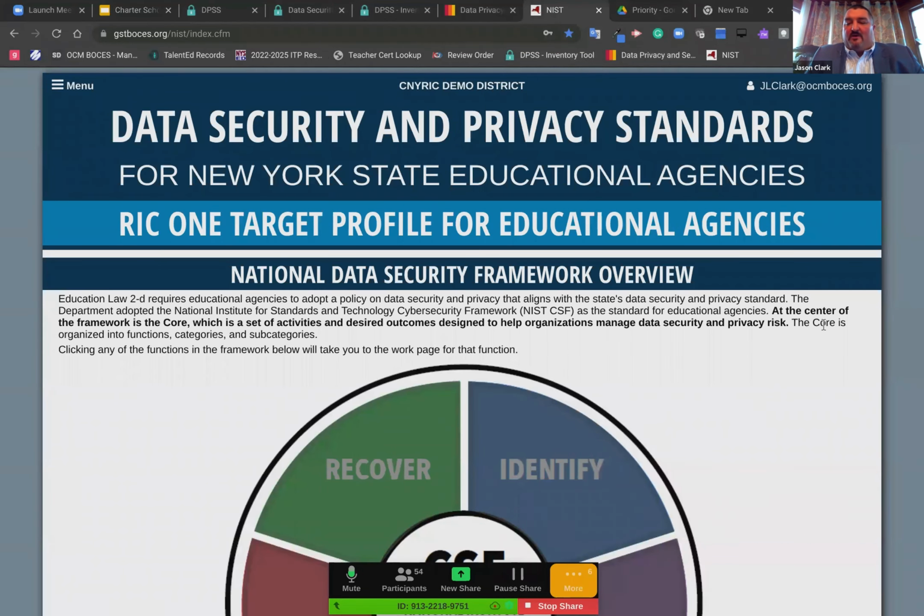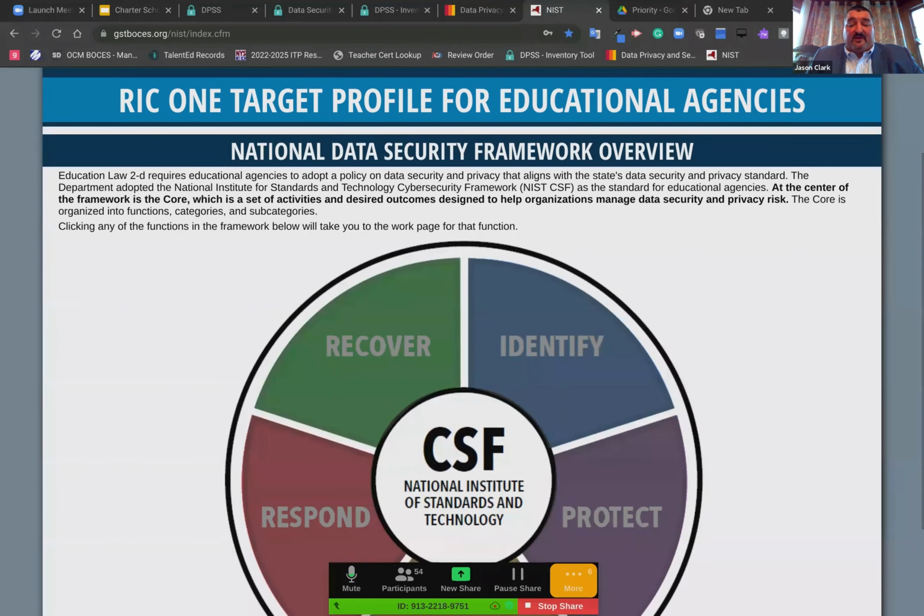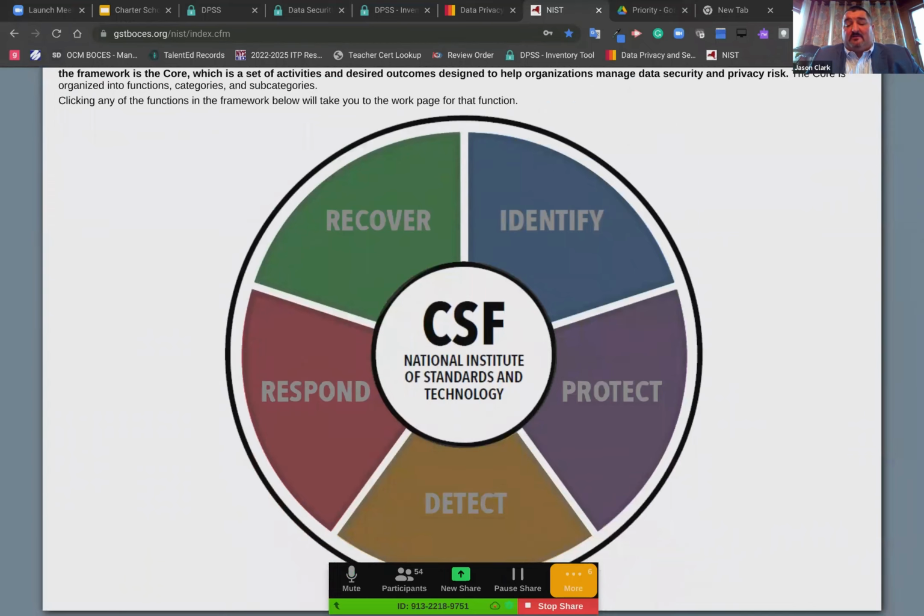If you're not aware of what the NIST Cybersecurity Framework is, this is a federal framework that the federal government put together to look at the main parts of data privacy and security, and really how to make an organization as secure as possible. The analogy I use is like making taller walls in your castle, putting a moat around your castle, and pulling up the drawbridge.